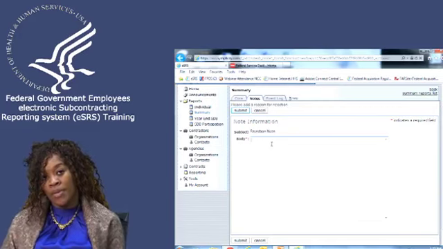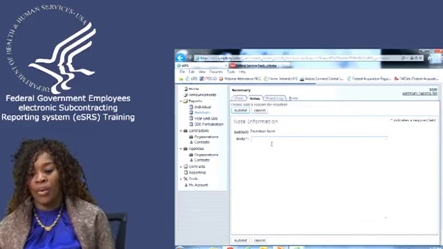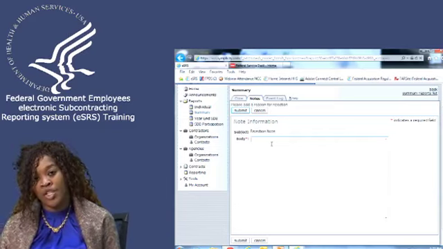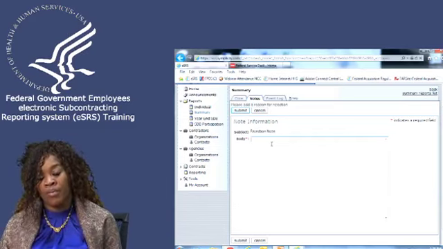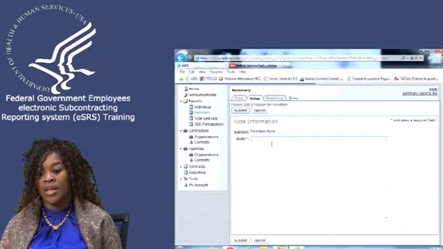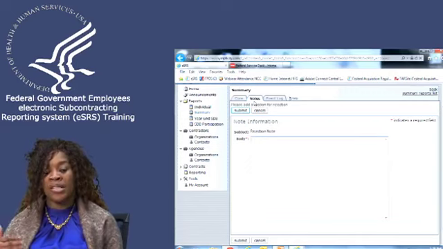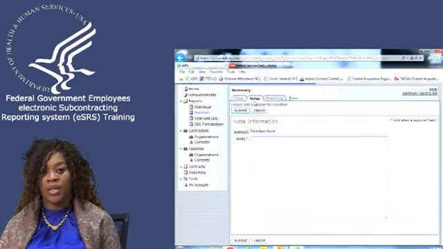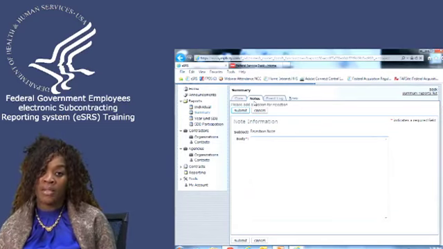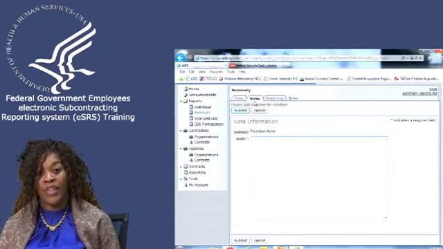Once you communicate with them by telephone or email, I would then come back into the report and add that information in the reject notice as well. The reject notice stays in the report indefinitely under the notes tab as you see it. So if you're no longer responsible for this particular contractor and someone else is, when they come in, they're able to review the history of the report instead of having to go to some contract file and look that information